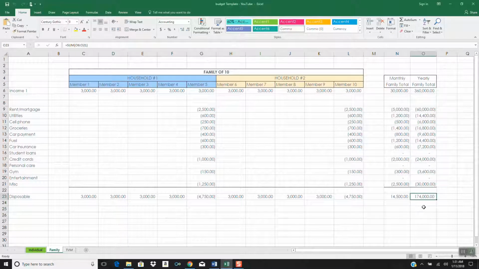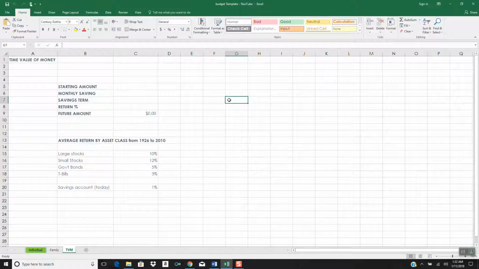Okay, so last time we left off with this $174,000. We went through an entire exercise to show how the family could organize itself in order to save this $174,000. Now let's go a little bit farther and dig a little deeper into this time value of money situation, right? So like I said, the time value of money is just talking about starting with a certain amount of money and hoping that in the future this money is a different amount of money.